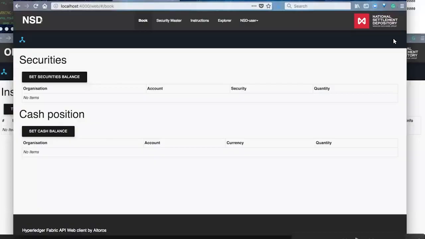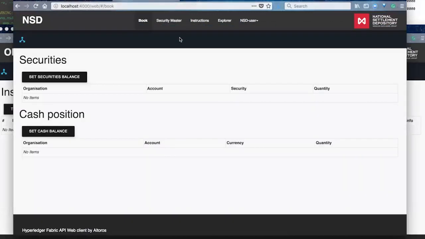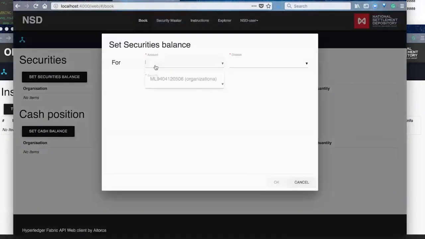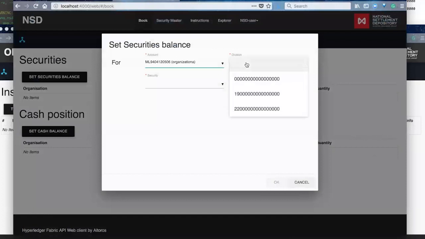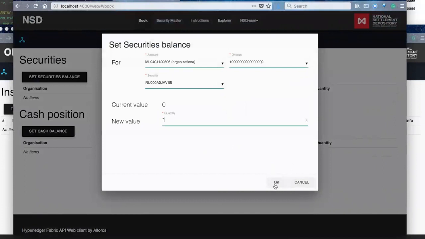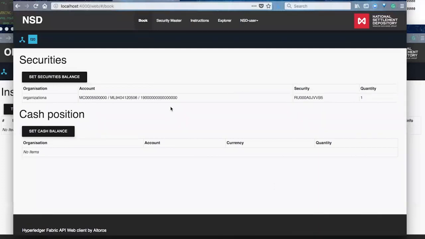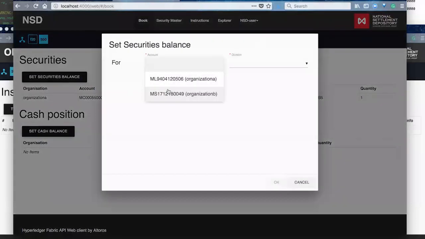So we'll jump over quickly to the demonstration of the ultimate solution. You see here we have 3 windows open. This would be after logging in to each organization's individual interface, so they all have unique access. This being the NSD's window, you see here, in contrast to the other peers, some of the unique